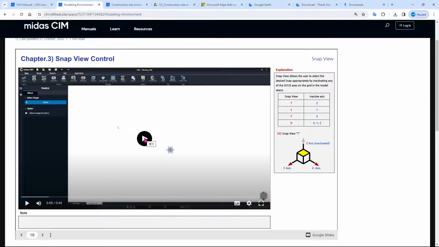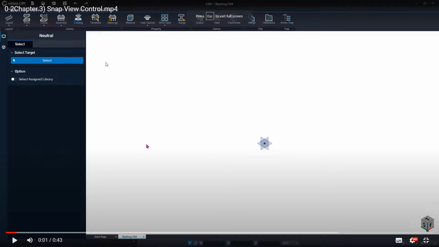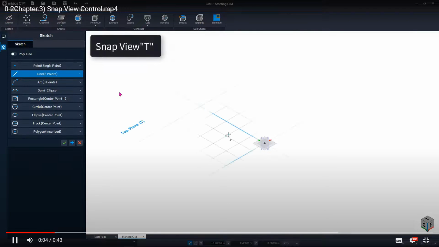And this one is regarding, because CIM is 3D, if you cannot choose the plane that you want to be in, for example, in here, if you want to create a sketch, for example a line, and you want to create it on the horizontal plane, you can press T like this.